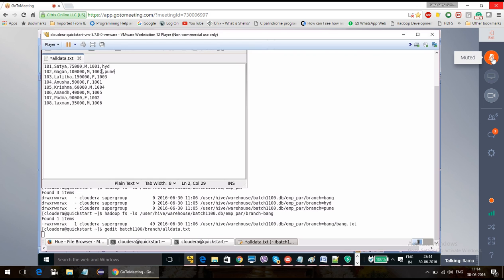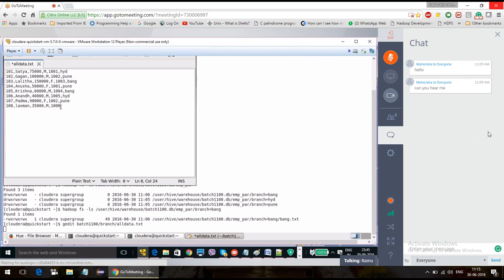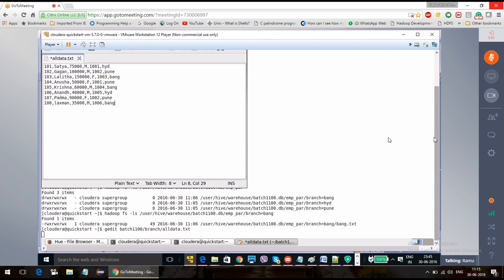Again this is a Bangalore record, this one belongs to Pune, this one to Bangalore, and this one again to Hyderabad. This record belongs to Pune, and this record belongs to Bangalore. This is how they sometimes send data. So I have created it like this.